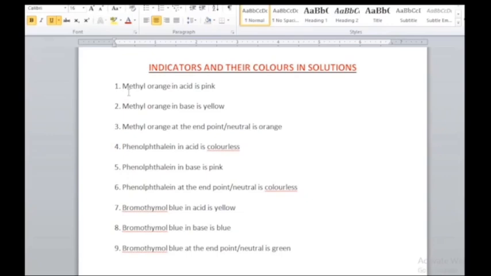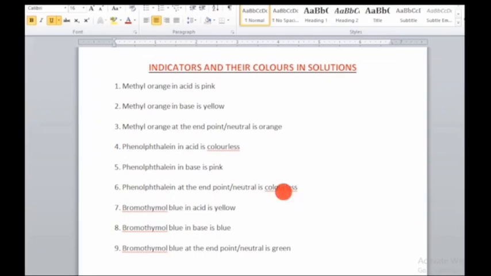So methyl orange in acid, when you drop methyl orange as an indicator into acid, it gives a pink coloration, while in base, methyl orange will give a yellow coloration. Methyl orange at end point or neutral is always orange. Phenolphthalein is oftentimes used for a titration between a weak acid and a strong base. In that reaction, phenolphthalein in acid is colorless. When it is dropped in base, it gives a pink color,